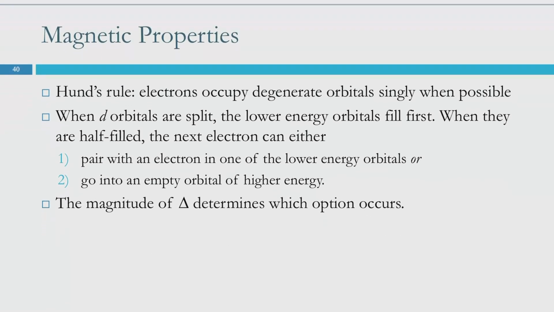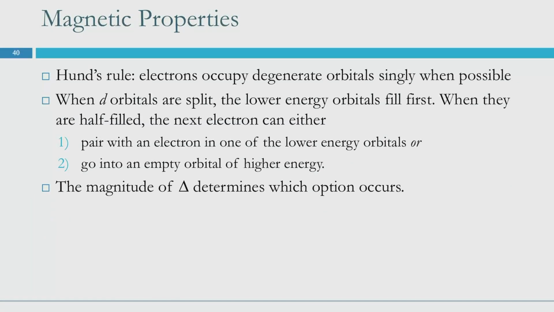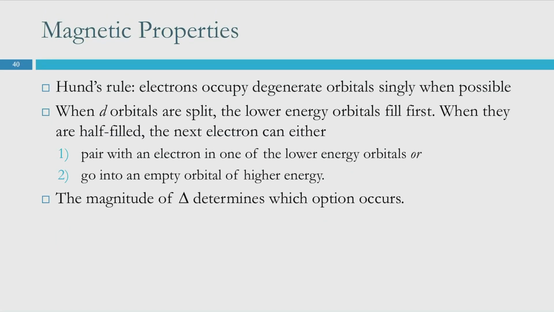All right, so magnetic properties, because we also mentioned that magnetic properties play a role here. Remember that we've got Hund's rule. Electrons are going to occupy degenerate, same energy level orbitals singly, so with parallel spin when possible. When our d orbitals are split, the lower energy orbitals are going to fill first. Once our low energy orbitals are half filled,